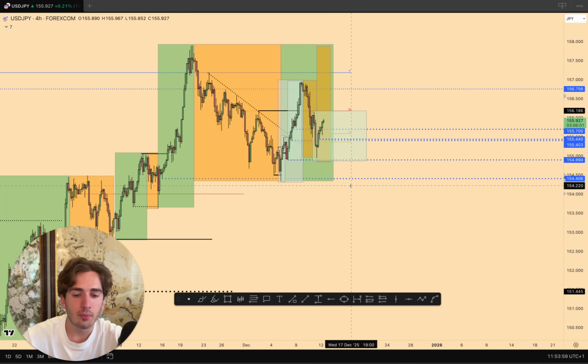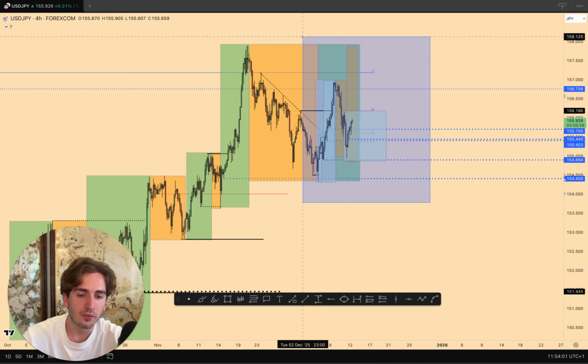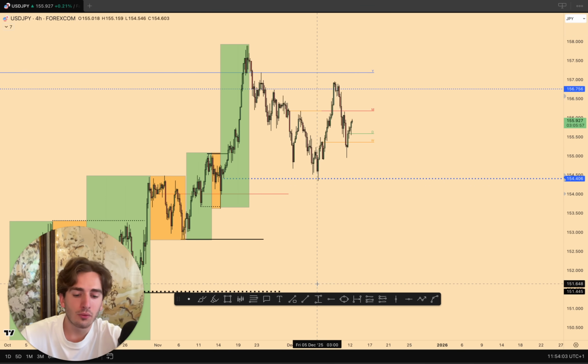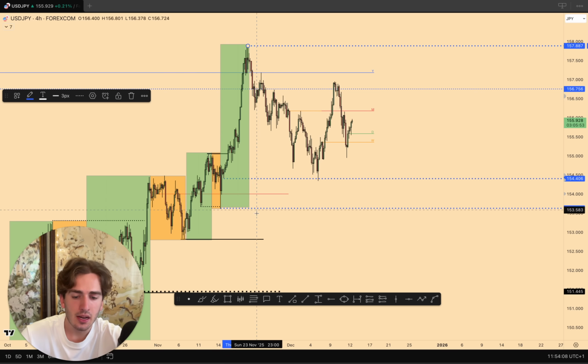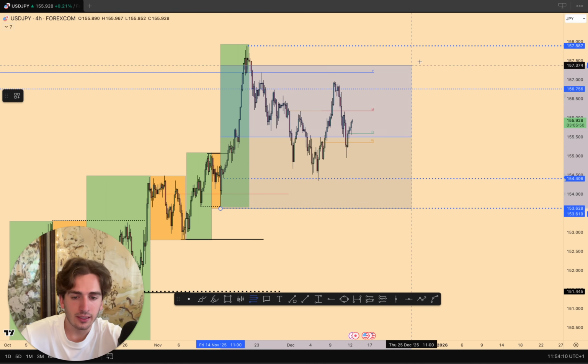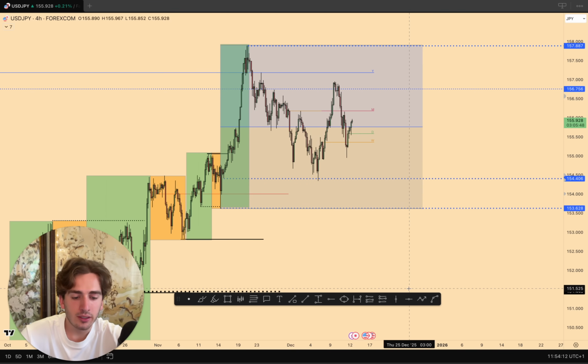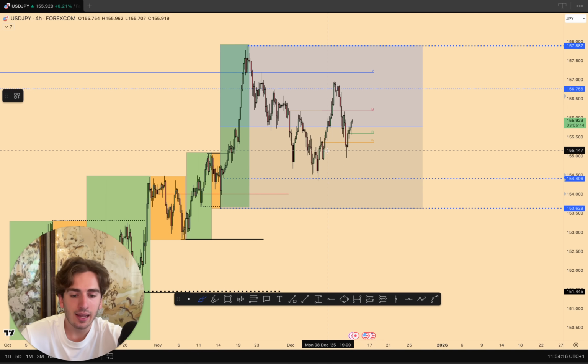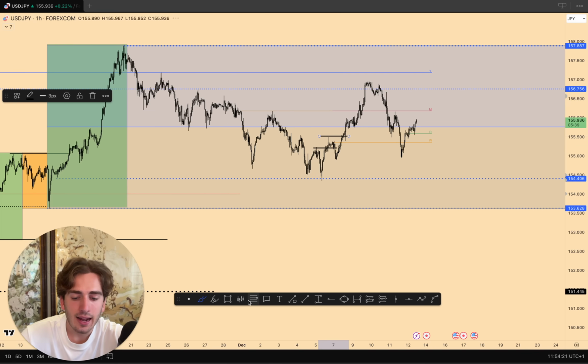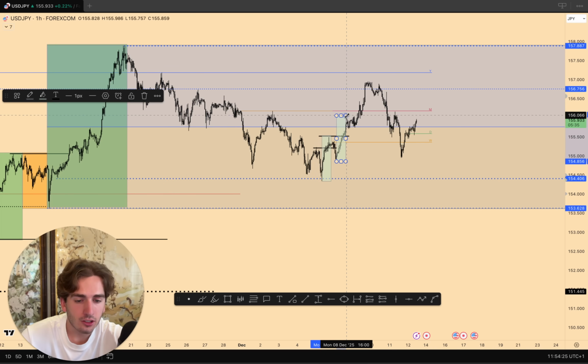USDJPY, I'm looking for more upside. UJ has been pushing up because of the interest rate differential with the United States, obviously. So I don't really need to break this down too much in detail, but here we have the swing low, here we have the swing high. Market retraces into discount pricing. Within discount pricing, we retrace the lowest liquidity low, which is this one here, after which we see a 4-hour change of character up, go to the 1-hour time frame, and you have impulse higher, and then you have another impulse higher.